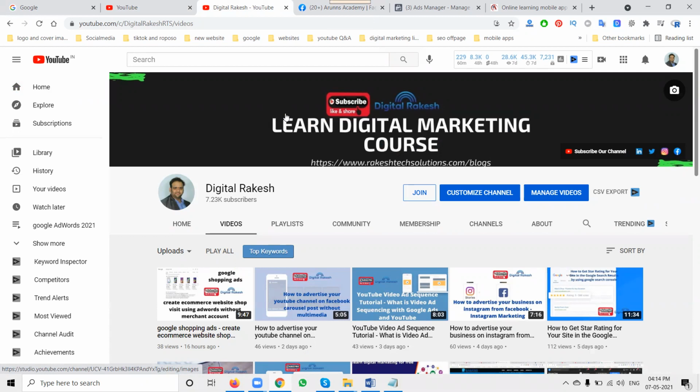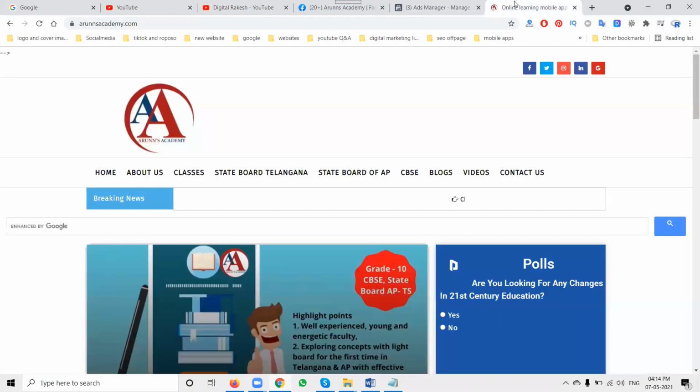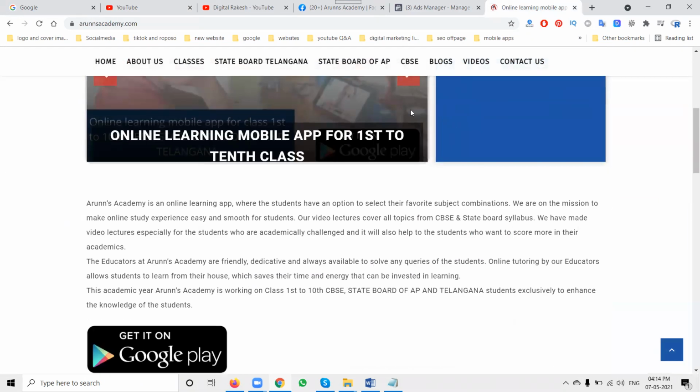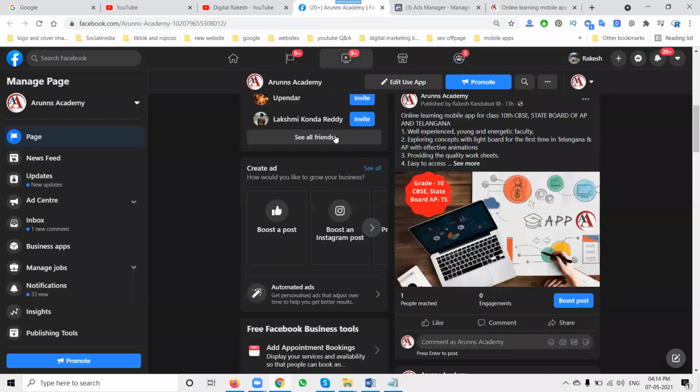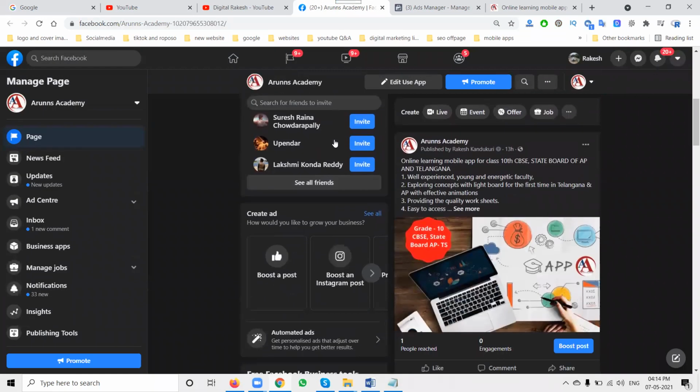So in this ad, which ad is better? How can we create an ad? All of that will be coming to the Facebook option. So select the particular website. In this website, first you can promote your complete website through the app promotion purpose. In this one, whatever posts you have done here, everything will be coming to boost post.